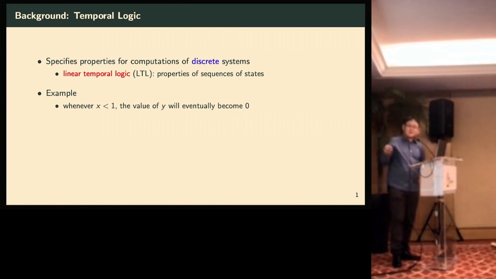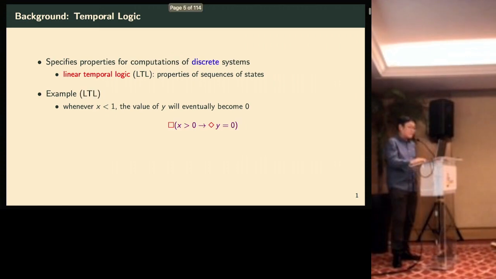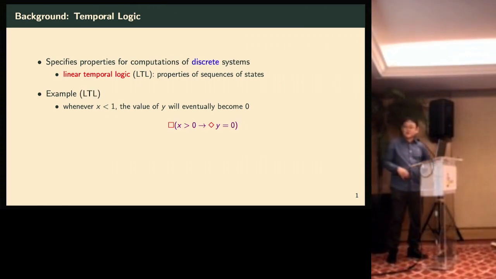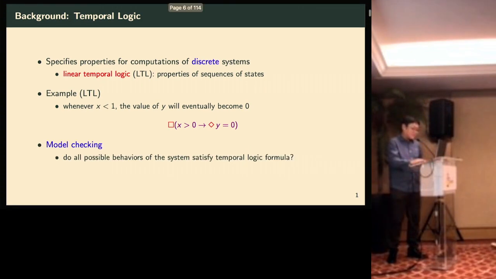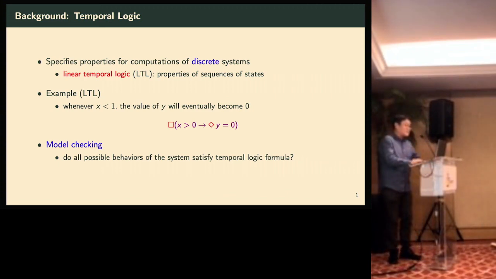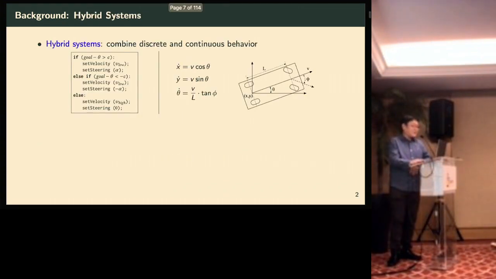This is one example: whenever x is less than 1, the value of y will eventually become 0. It can be expressed in LTL using the famous square and diamond operators. Right? And I use this formula for STL as well. Of course, model checking asks whether all possible behaviors of the system satisfy this temporal logic formula. This is a typical discrete system situation, but for hybrid systems, which combine both discrete and continuous behavior,